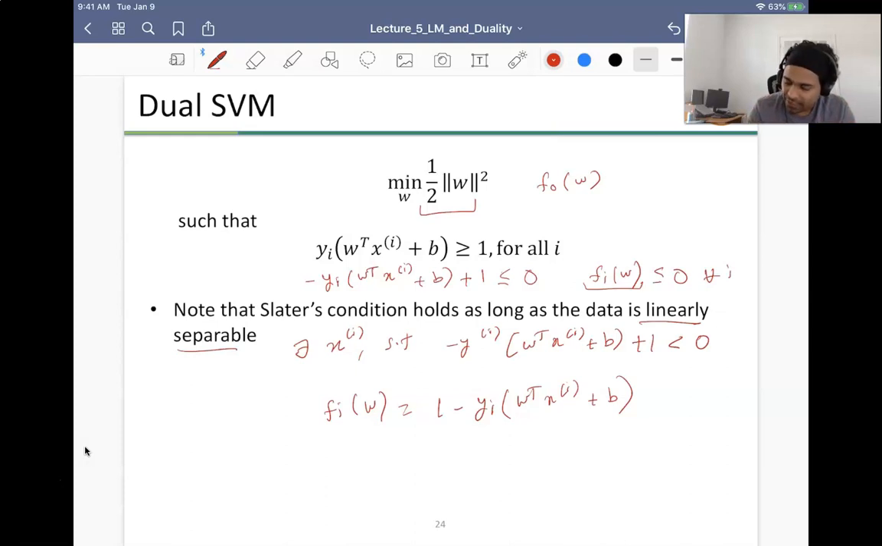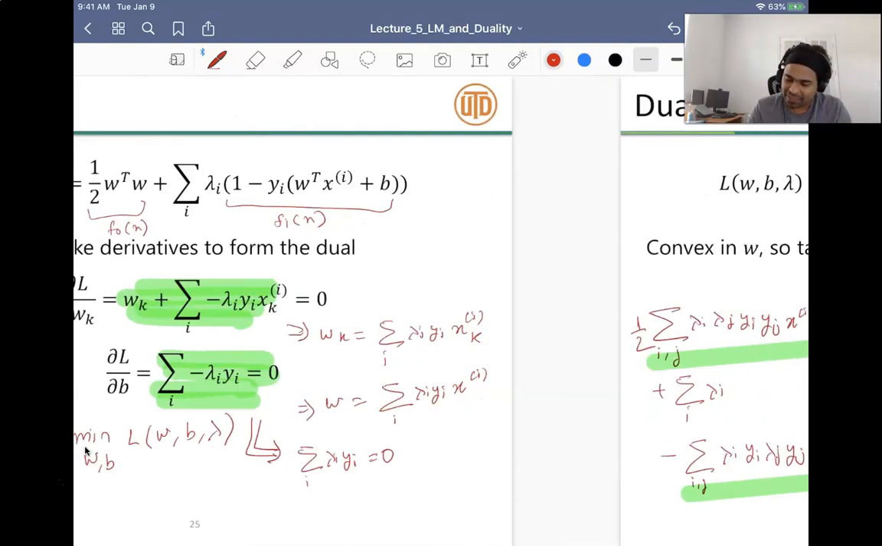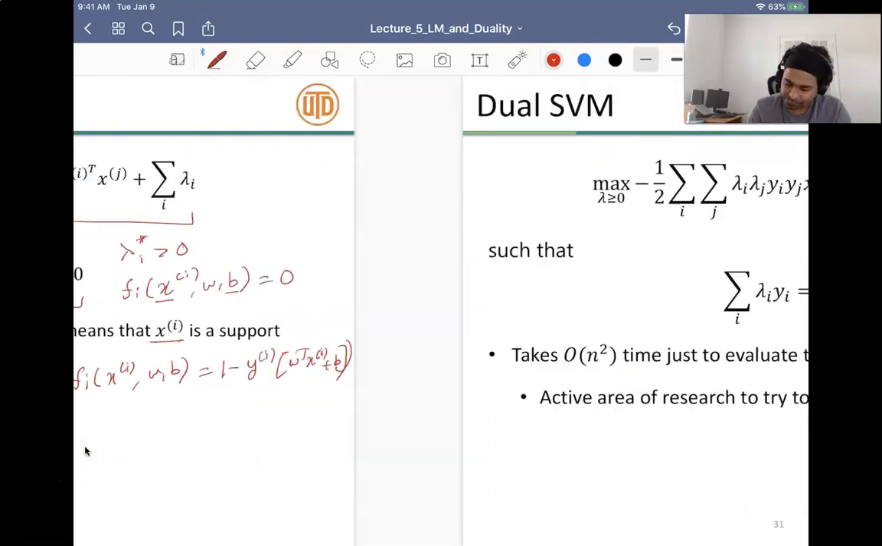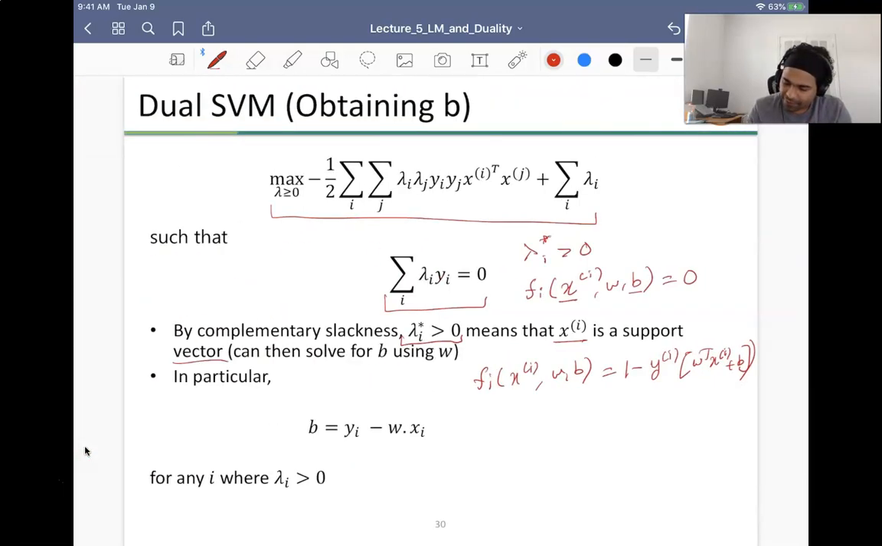Here I have f_i(w), and my f_i(w), if you recall, is basically 1 minus y_i times (w transpose x_i plus b). That's exactly what I use over here. So f_i is 1 minus y_i multiplied by (w transpose x_i plus b). Then if I stick this in, because I have that this is equal to 0, I can conversely do the math, and you can see that you will get